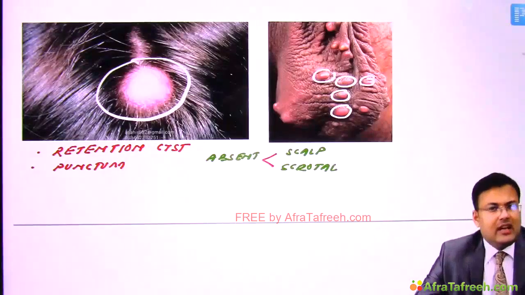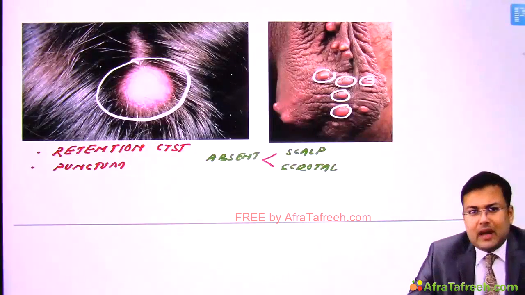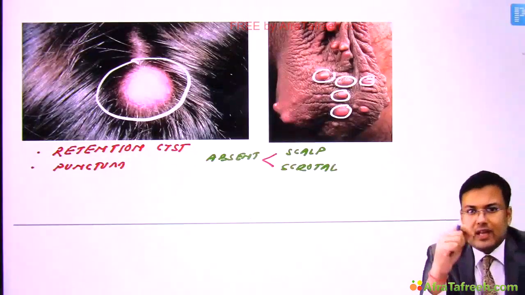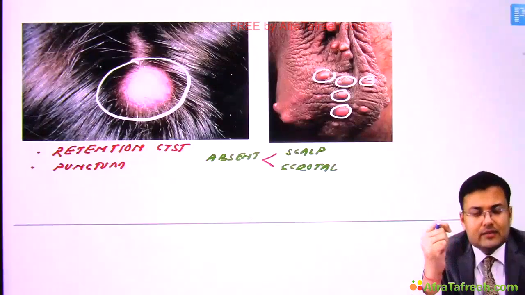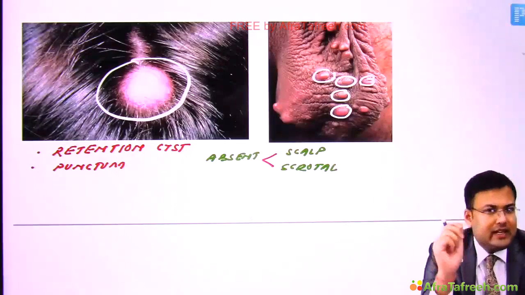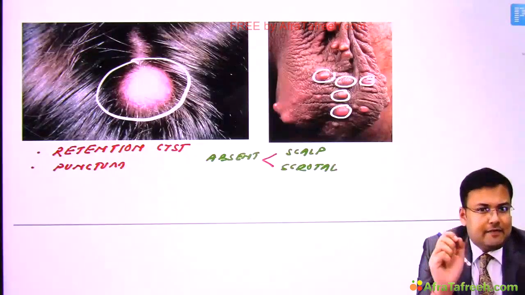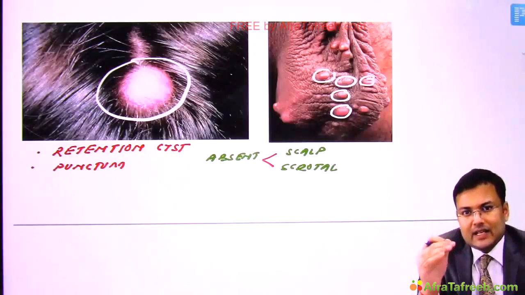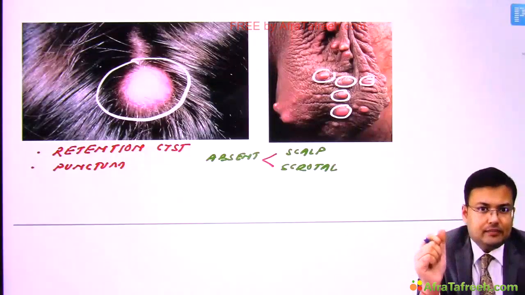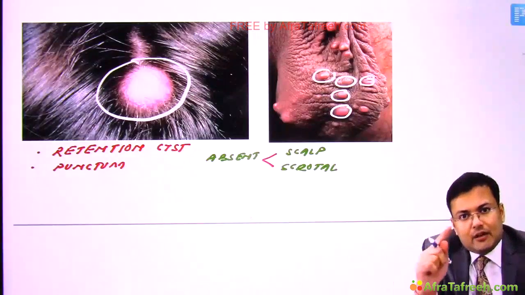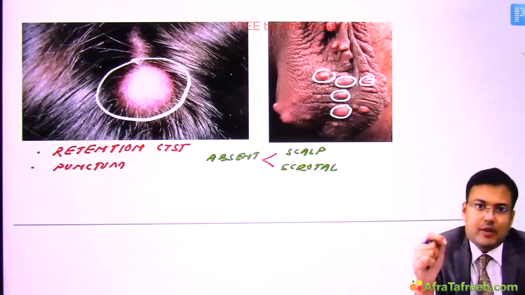What is the treatment? Generally, if you have attended the minor OT of surgery, almost on a daily basis we remove sebaceous cysts. So what we do, we excise the cyst along with its wall. So the cyst is excised with its wall. Second situation, sometimes there is an infected sebaceous cyst. In that case we go for incision and drainage. When infection and inflammation subside, later we have to excise the wall of the cyst to prevent recurrence.